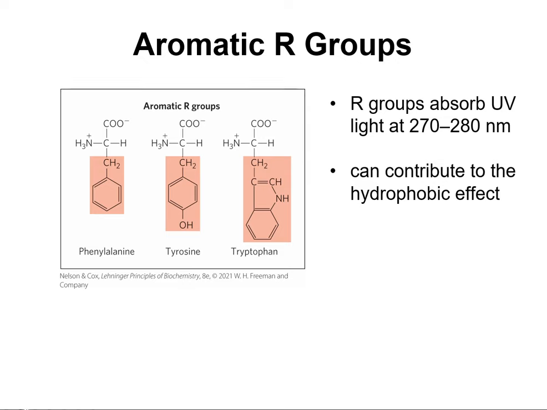The next group is aromatic R groups. So these are the ones that have double bonds. You see this benzene structure as a part of all of them. They absorb light somewhere in the 270 to 280 nanometer range. And when you're looking for protein concentrations at a particular wavelength of light around 280, you're looking